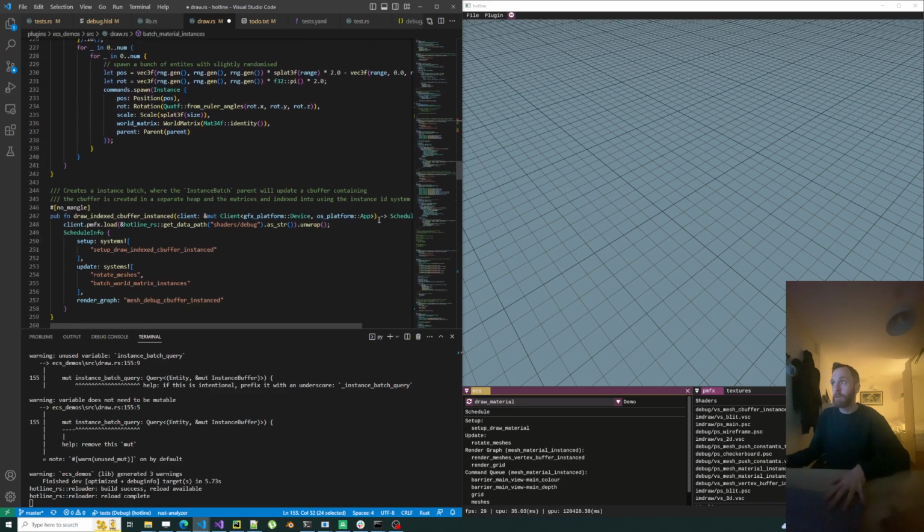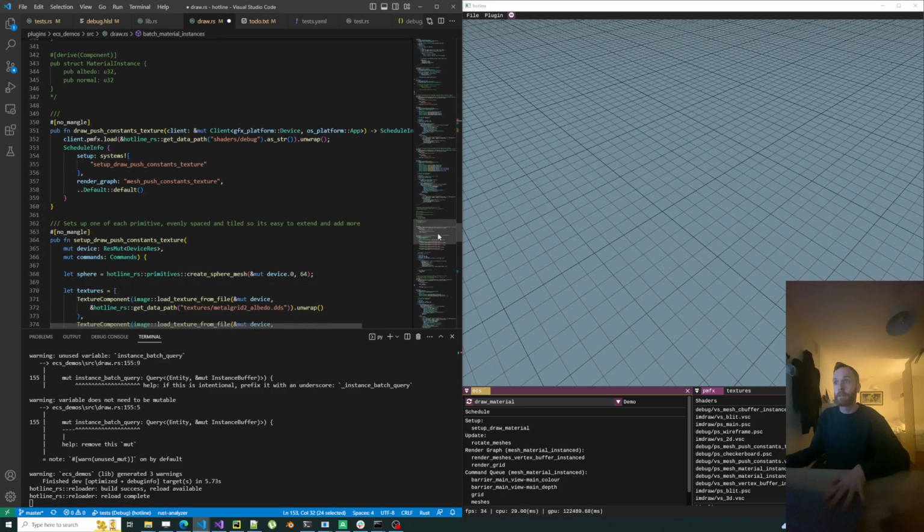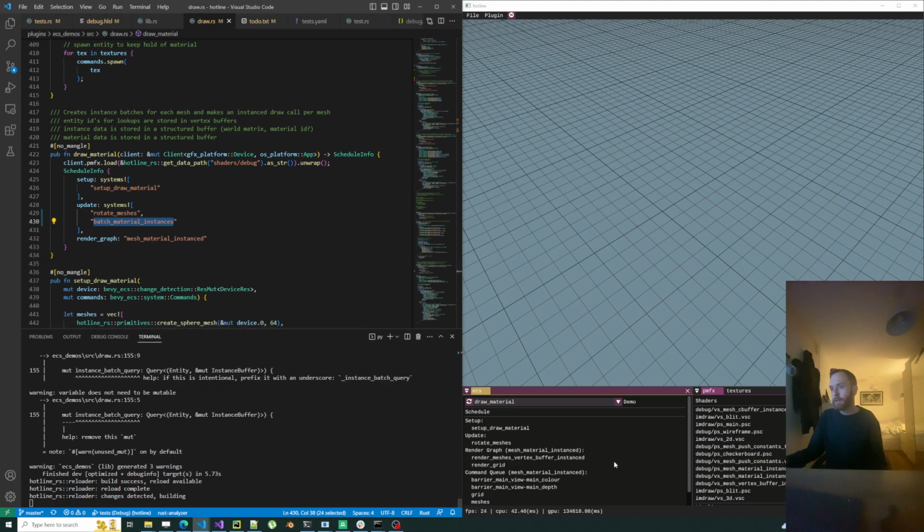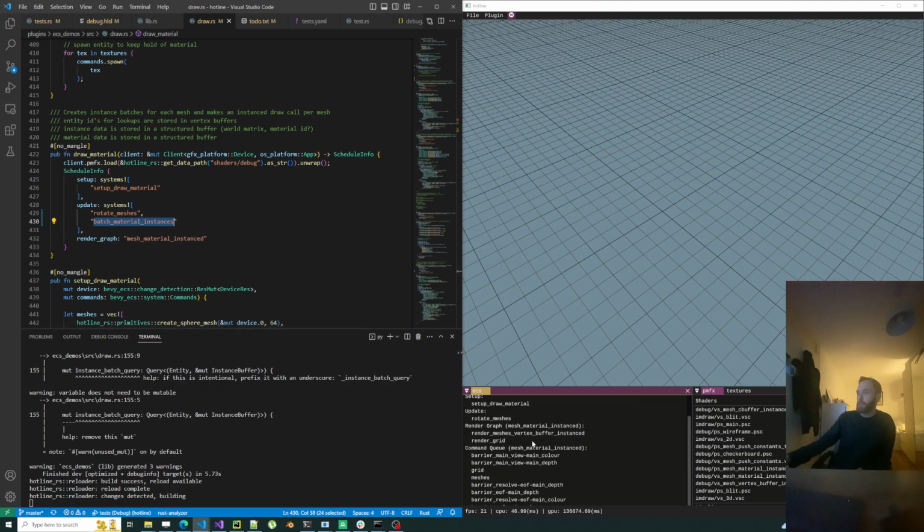Batch material instances. Batch material instances. So if I save that, this should tell me you've got a missing update function and it